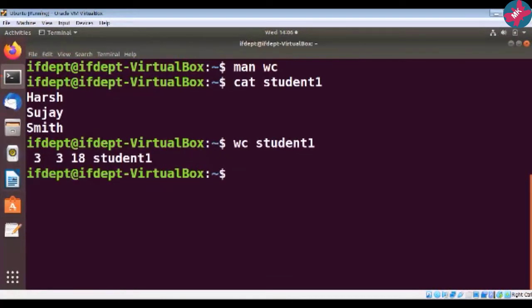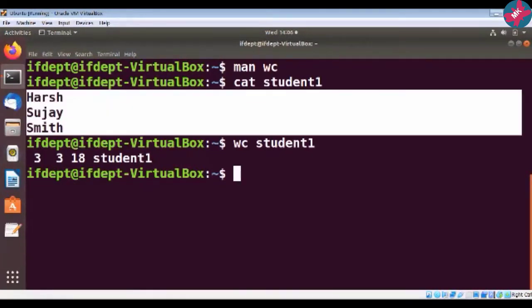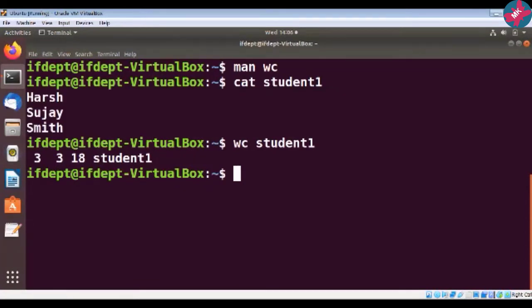So let us check the output. See here, it gives output like this: 3 3 18. So the first 3 indicates that there are 3 lines. Then the second 3 indicates that there are 3 words. And the last 18 means 18 characters are there.